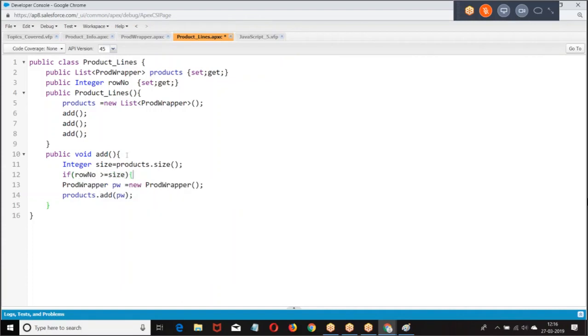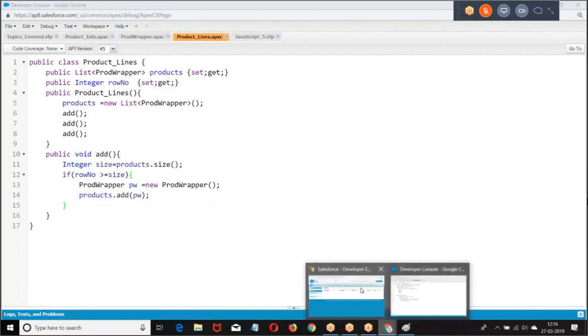What does it mean? You are at the last position. The row where you click add is the last position. Then automatically, where should I add? If you are already on the last row, I have to add in the last position. Am I right or wrong? Look at this, boss.